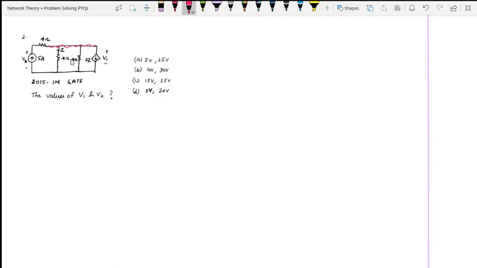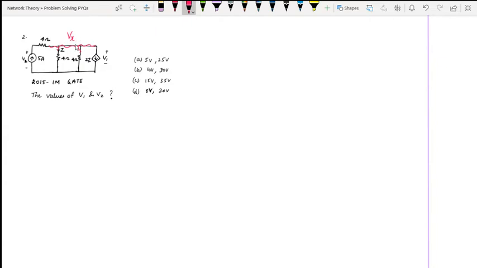Why is this all going to be the same node? Because there's no voltage drop across this path. Why is there no voltage drop? A voltage drop occurs only if there is an element. When the current passes through some element, there is going to be a voltage drop. So if the current passes through the 4 ohm element, there will be a voltage drop. But here there's no element at all. Whenever there's no element in the path, it all has the same potential, so I can say it's the same node. So I can call the potential of this node Vx, and let's proceed.